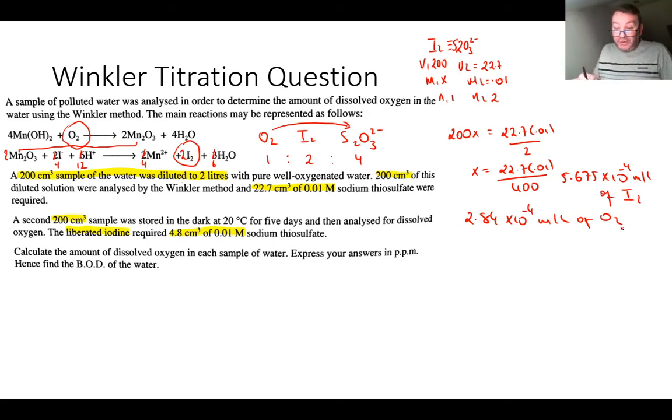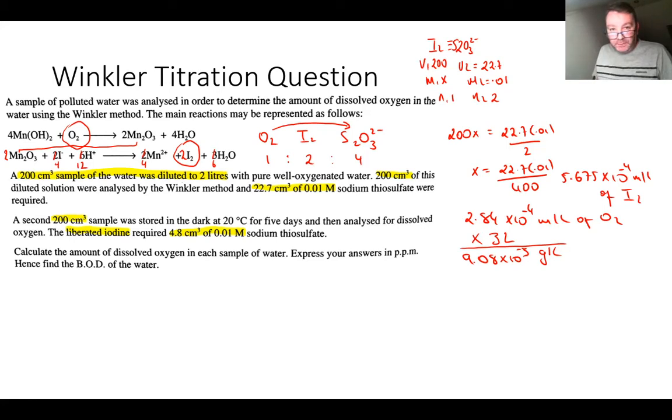Now, second change, I have to go to parts per million. So in order to go to parts per million, the first thing I've got to do is go to grams per litre. And to do that, I'm going to multiply it by the mass of the substance I'm looking at, which is oxygen. O2 is 2 times 16, which is 32. So I multiply that by 32, and I get 9.08 by 10 to the -3